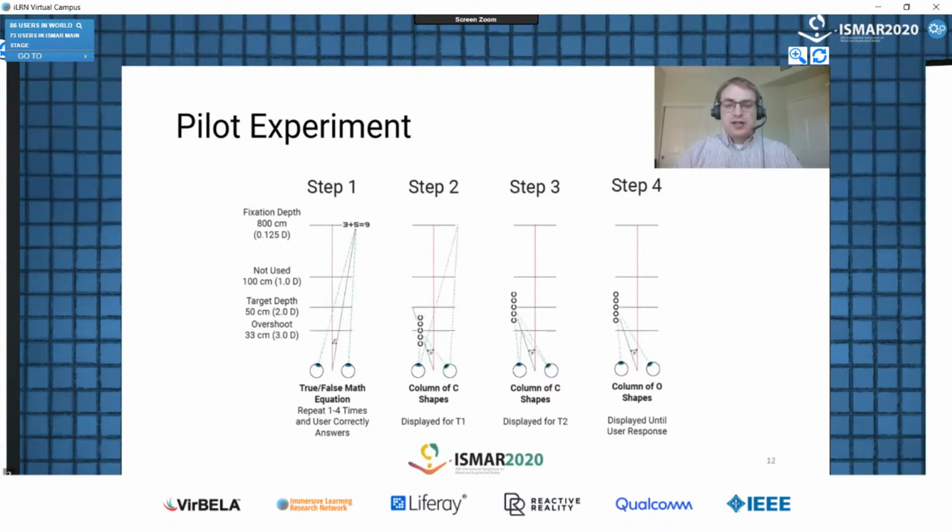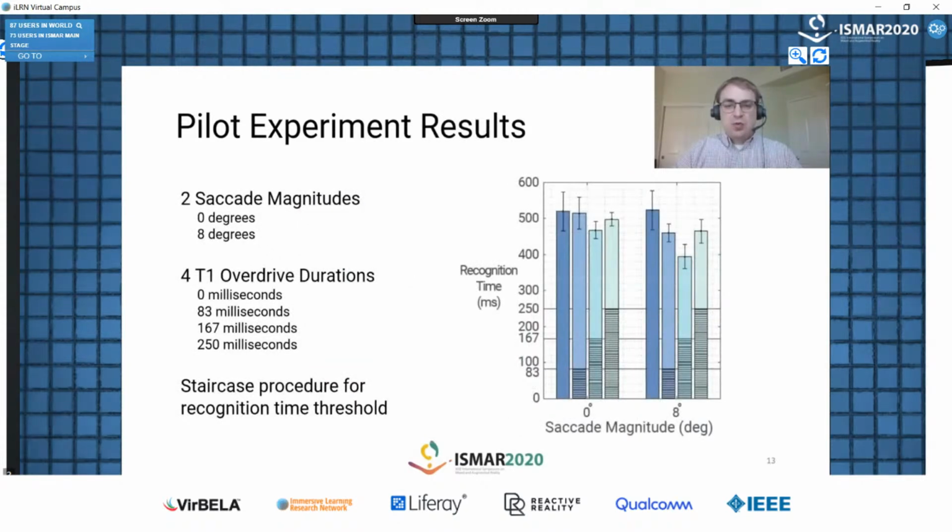We also tested a second condition where an 8-degree saccade was introduced to the same procedure. So with the 2 saccade magnitudes of 0 and 8 degrees tested over 4 different T1 overdrive durations, we determined the amount of time it took the user to recognize the orientation of the Landolt C stimulus. You can see the results in the graph on the right, where recognition time is plotted for each of the